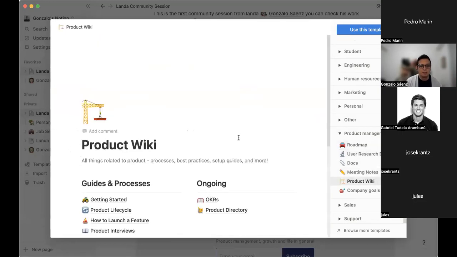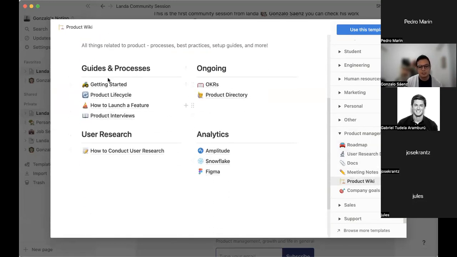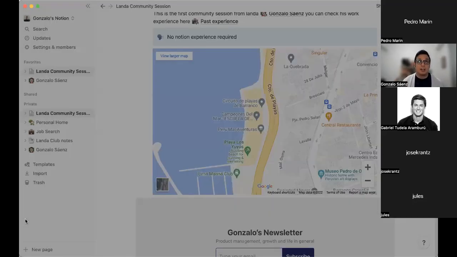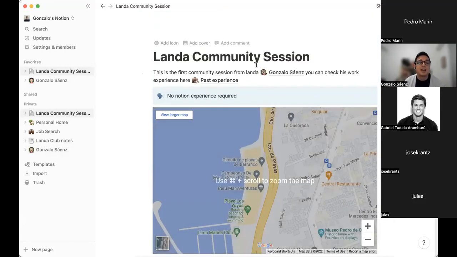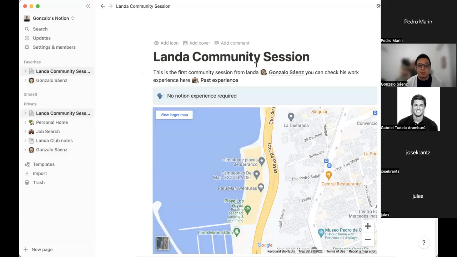If you want to build a product wiki, you can also build a page here that has all of the relevant information. In this example, you have analytics, user research, and guides and processes. There are a lot of companies that are using Notion as their company operating system, and it's a tool that I'm really bullish on.